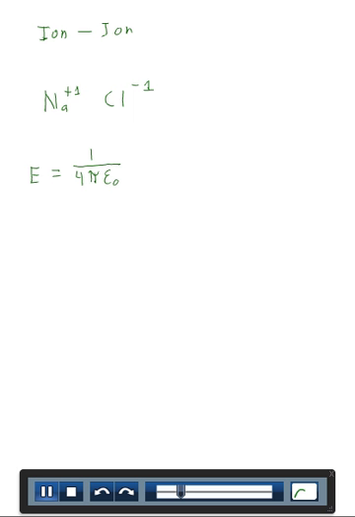But the important parts are the charges of particle 1, the charges of particle 2, divided by their distance. Now the force acting on these particles is equal to the negative derivative of the potential energy with respect to our coordinate, which is r, the distance between the two particles, and that is going to be equal to